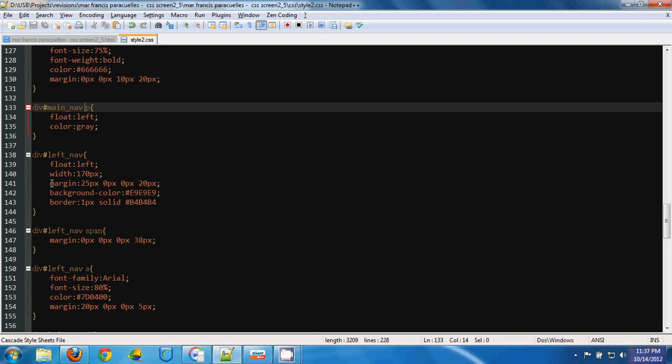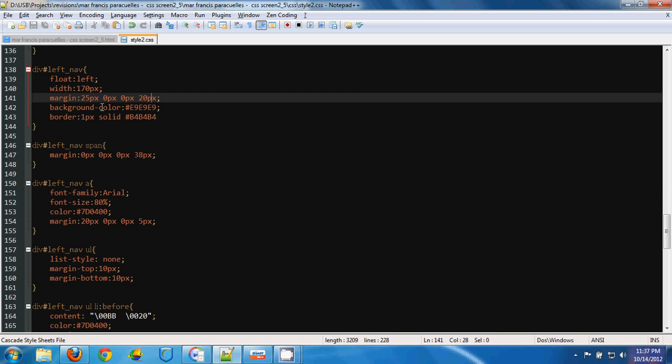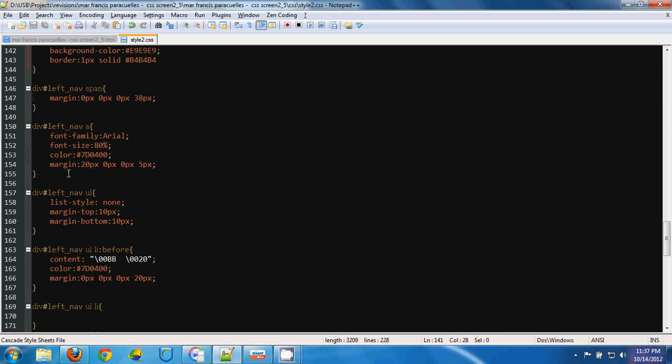This margin, this first value is the top margin, then the right, bottom, and the left margin. Then the background color, also put the border, and the left navigation,